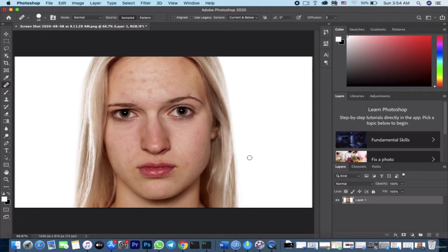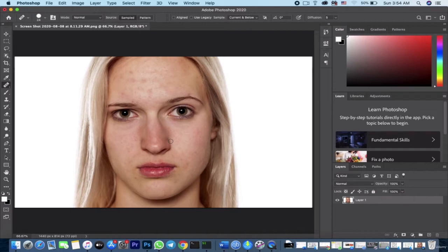Today we are going to learn another simple trick, and what we are going to learn is how to remove blemishes in Photoshop. So without wasting time, import a photo with a lot of blemishes on the face, or you can get a photo from your friend and try to do this practical aspect with me.